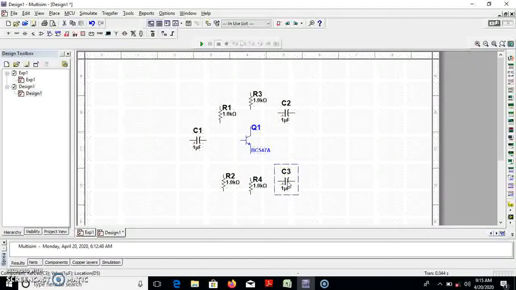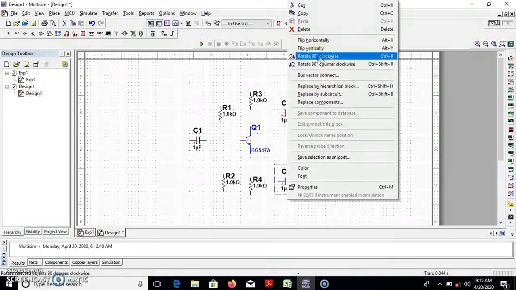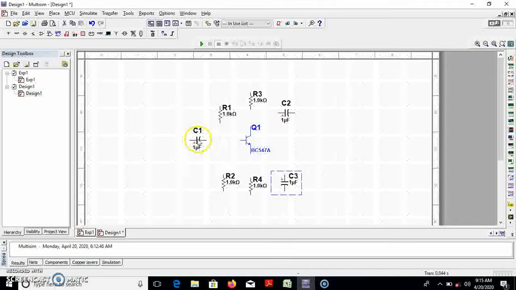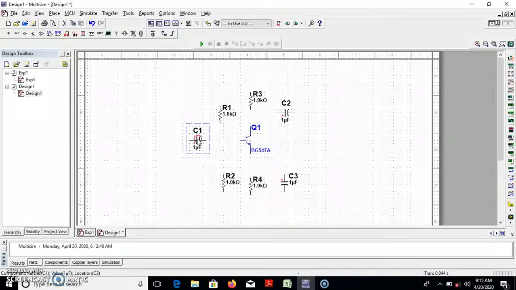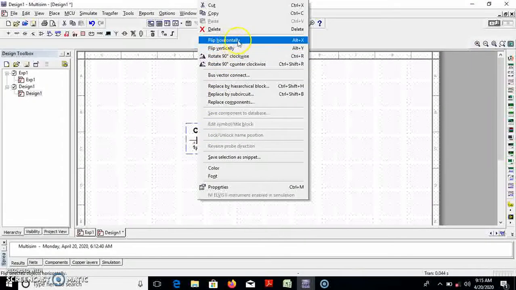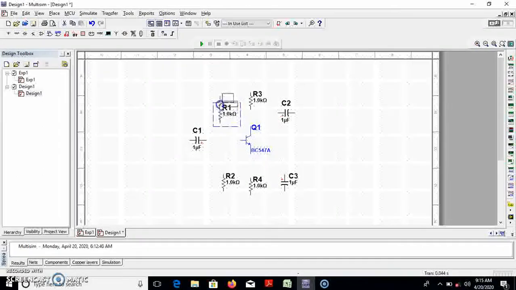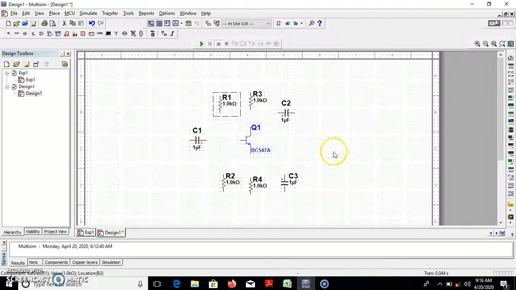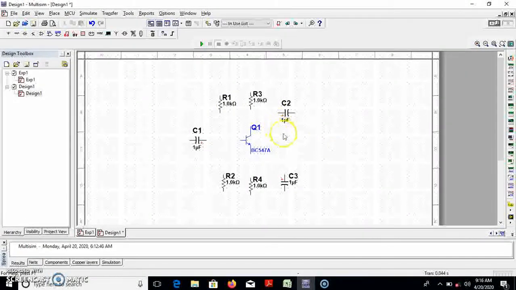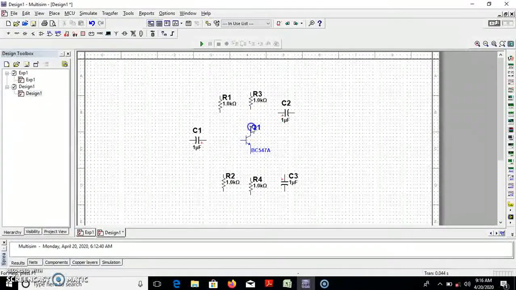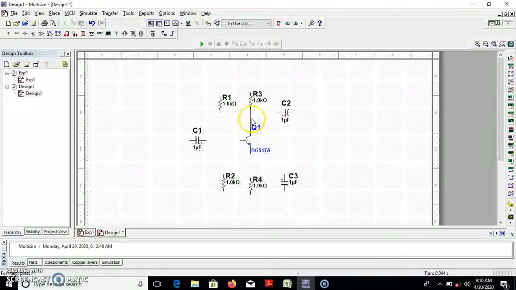I also require to change the orientation of this by just rotating it in a clockwise direction. This capacitor needs to be horizontally flipped. So select this capacitor and select the option flip horizontally. So plus will be at base side, minus will be at input side. After making all the resistors in line, now I require to connect wires between all components. To connect a wire, just move the cursor near the terminal of our component and just click it and connect with this. So one wire will be connected with a red wire.